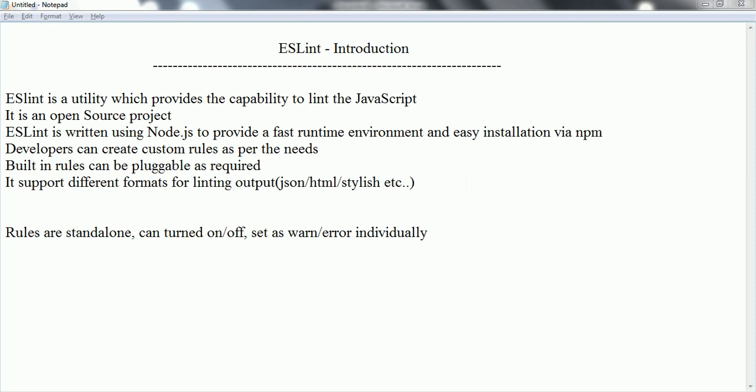Built-in rules can be pluggable as required, and it also supports different types of formats for the linting output. By using these outputs, you can easily integrate with other code quality tools like SonarQube. All the rules available are standalone, and you can turn them on or off as per our need. At the same time, you can set each rule, either as a warning or an error,